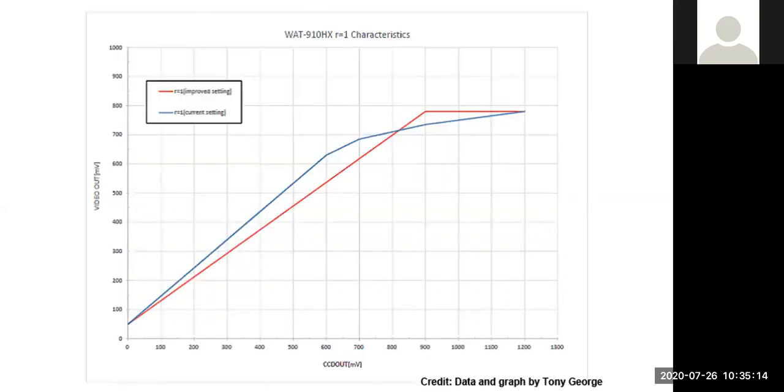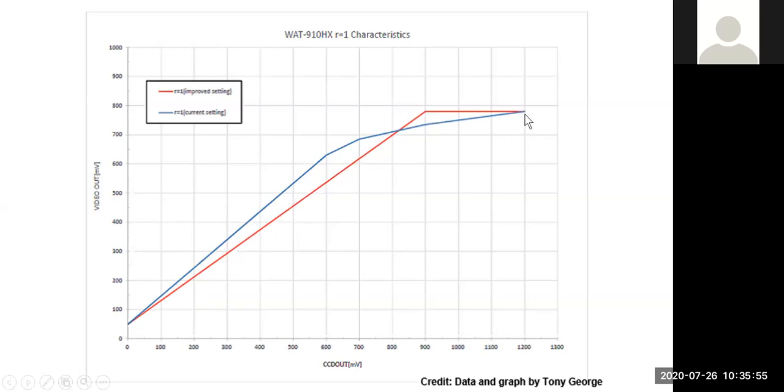Now, this is the reason why. It's because the response of the camera is not linear. Now, I want to credit Tony George with this graph. I guess Tony measured the data. It may have been one of his coworkers, Bob Anderson or Gerhard Dangl or someone, I don't know. But the blue line is the actual camera response, and you can see when it gets up here, it levels off. The light response levels off. And Tony drew the red line to show what would be more satisfactory. We'd like a linear